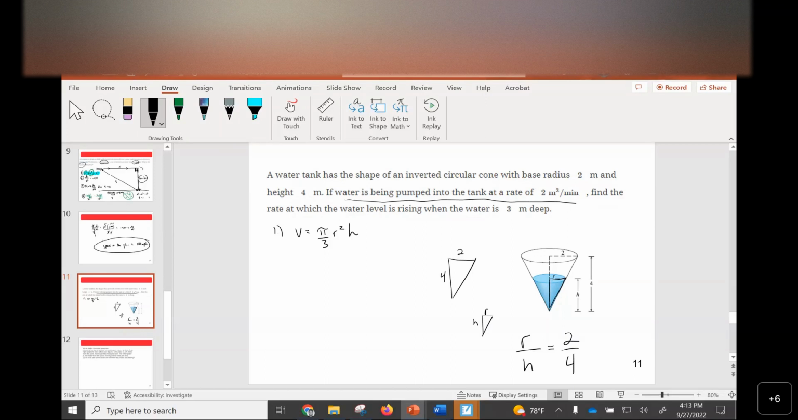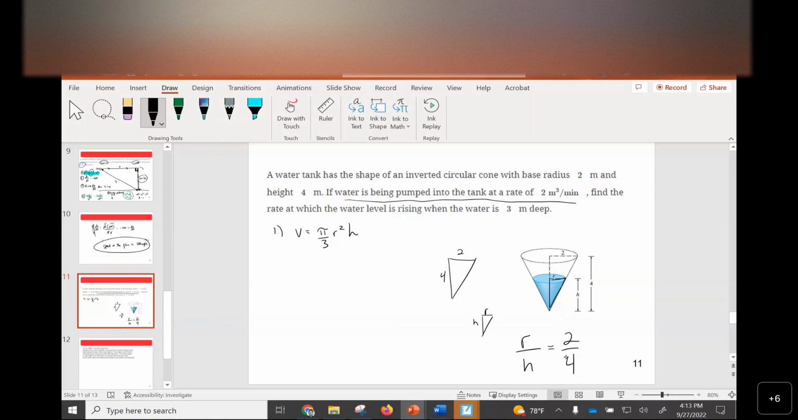What do you think? Do you want it as a function of R or a function of H? What do you think, Jeff? Yeah, H, right? Because they're asking about H. Find the rate at which the water level is rising. So I need to rewrite V. I need to get that R out of it and replace it with what it's equal to, which if I